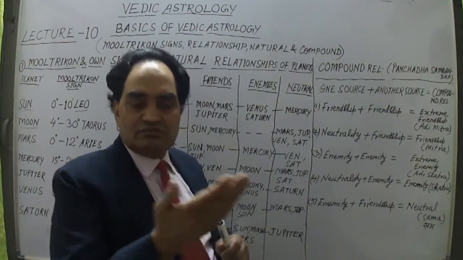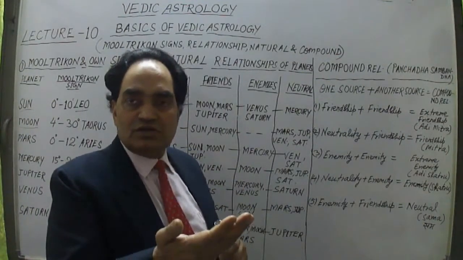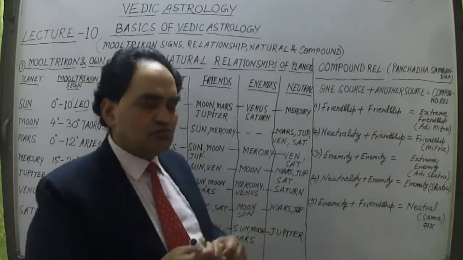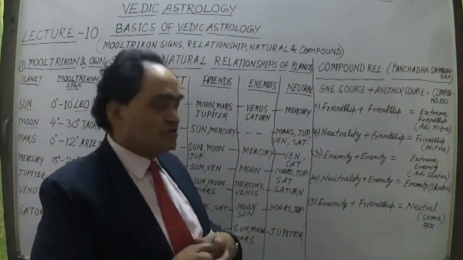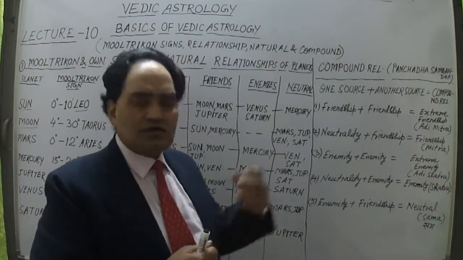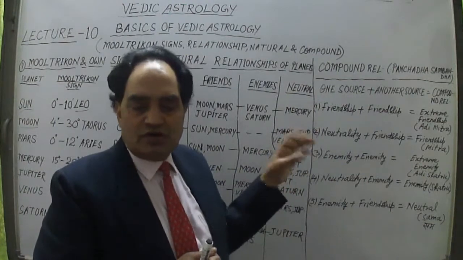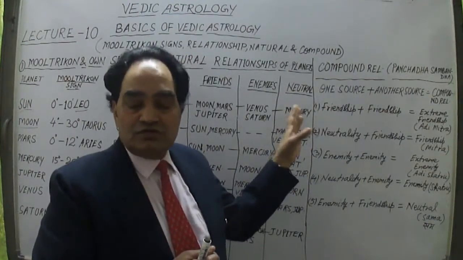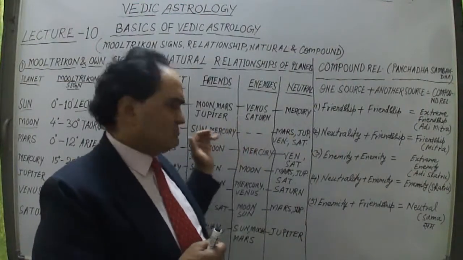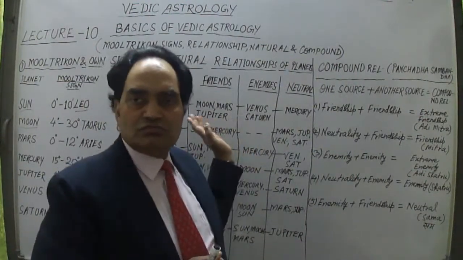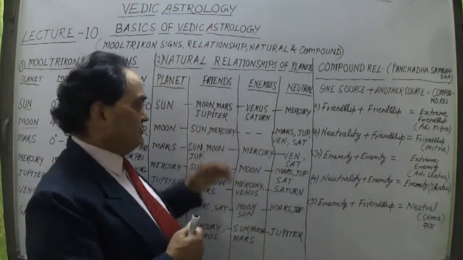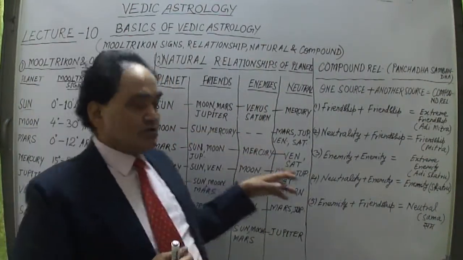Then Saturn, Mercury and Venus, these three are mostly friends together. Rahu and Ketu I'll talk about later. Rahu is also a friend to Mercury, Venus and Saturn. But Ketu has friendship as well as enmity with Sun and Moon, though for Jupiter it is a friend. We will take that later.